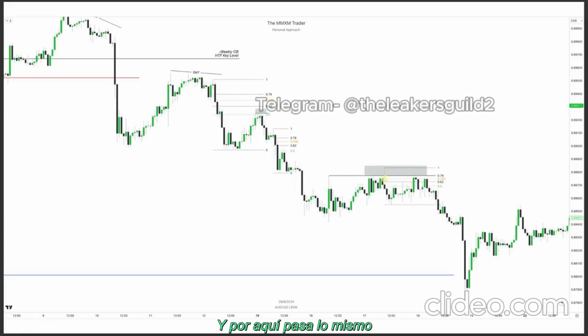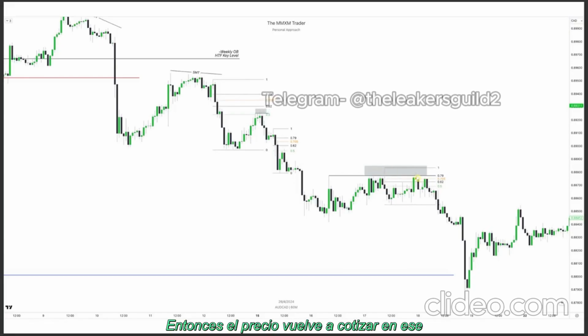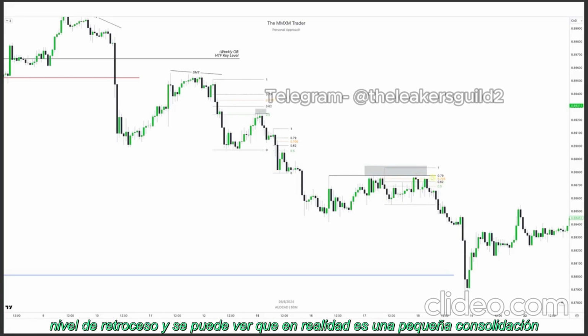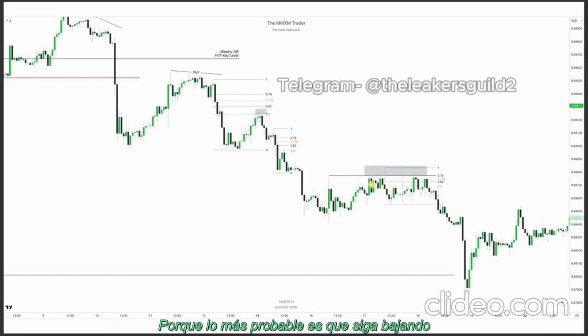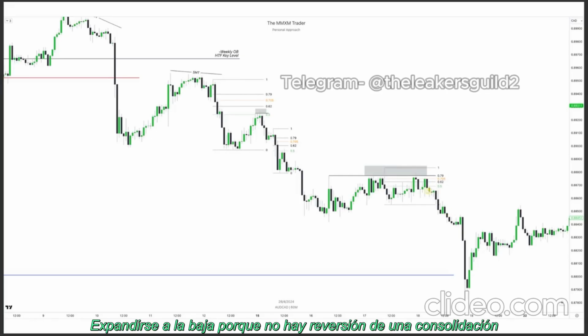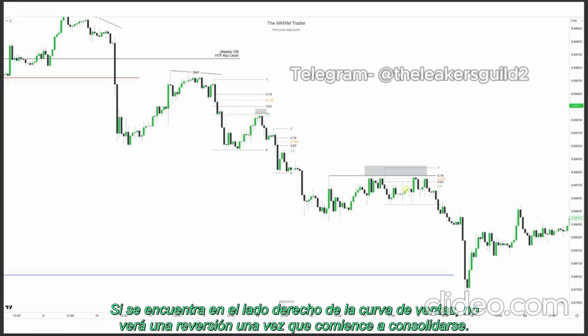Same thing happens over here. Continuation purge above an old high, then price trades back in that retracement level, and you can see it's actually a little bit of a consolidation, but that's not a bad thing if you're on the sell side of the curve, because most likely it will continue down, expanding lower, because there is no reversal from a consolidation. If you are on the sell side of the curve, right, you will not see a reversal once it starts